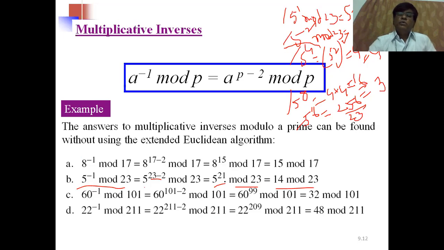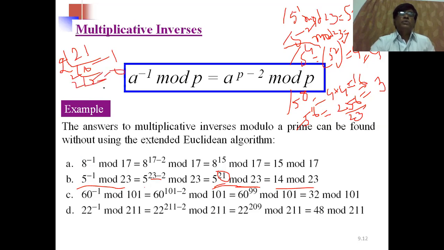So what you have to calculate is 5 power 21 mod 23. What is the power value here? 21. Already you have calculated 5 power 1, 5 square, 5 to the power 4, 5 power 8, 5 power 16. Now, what is the binary equivalent of 21? Actually we have to calculate 5 power 21, that's why. The binary equivalent of 21 can be calculated like this. Divide 21 with 2, 2 tens are 20, remainder is 1. Convert 21 into binary. 2 fives are 10, remainder 0.